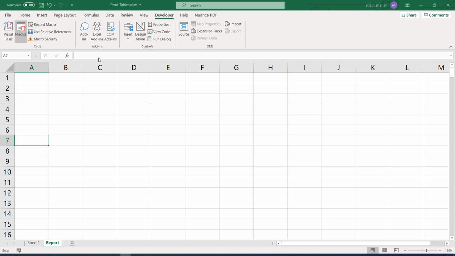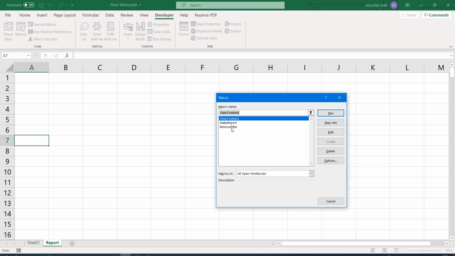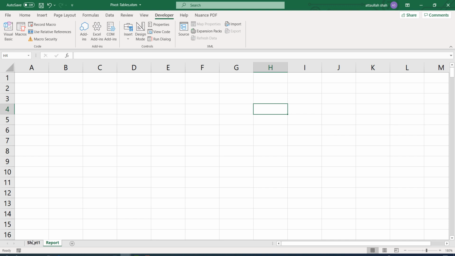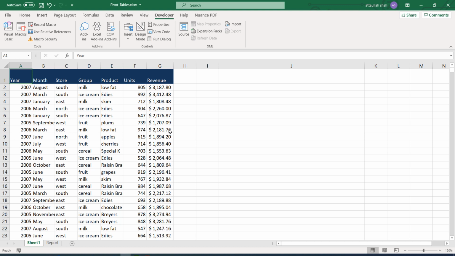So now we have 3 macros. One creates the report, one removes the filter, the third one clears the contents. Okay, and now let's go back to our main data set, and here we are going to add a data validation box, which is of course not part of any macro, rather this should be done outside recording the macro.